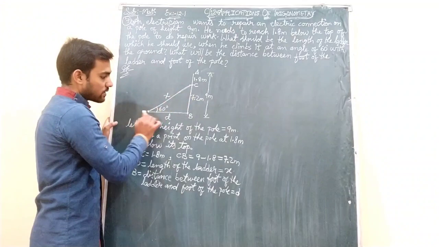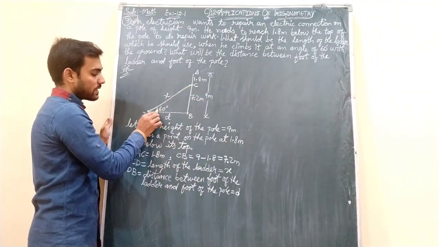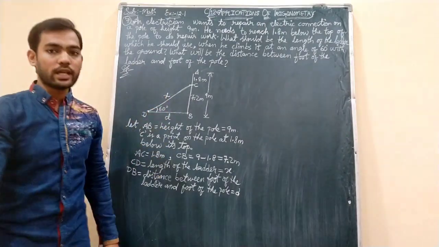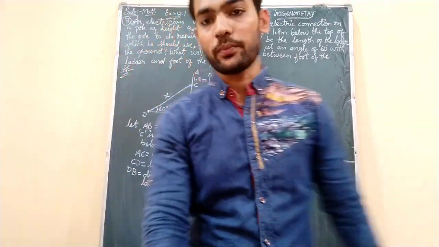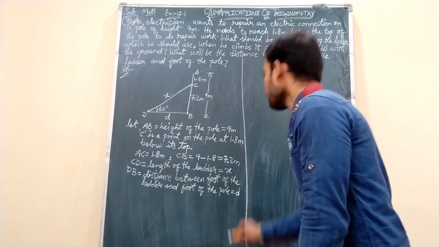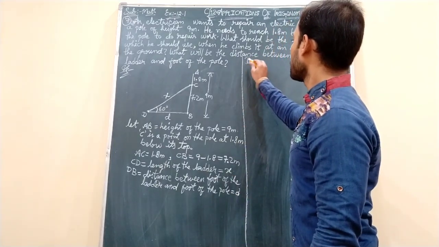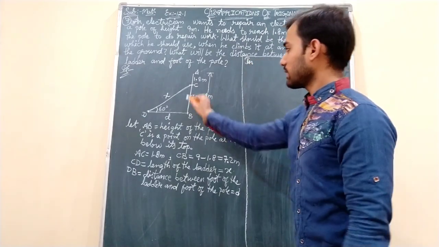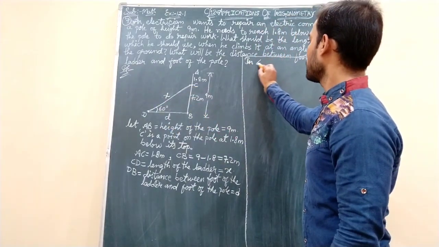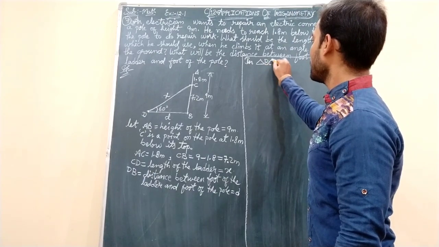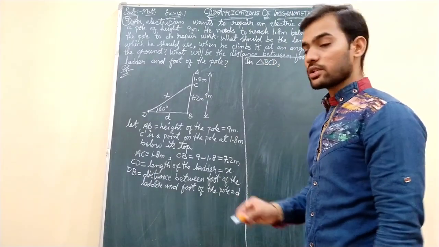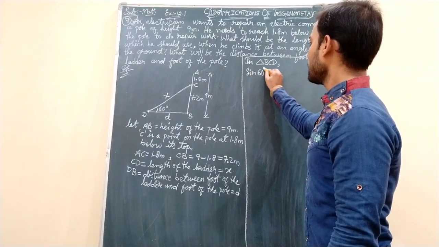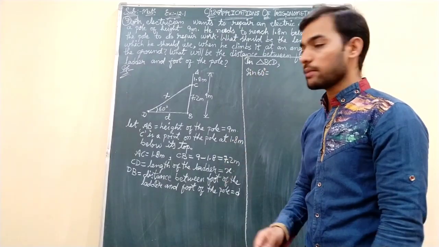So with this triangle, when you see with respect to this angle, this is opposite side and this is hypotenuse. So opposite and hypotenuse are involved in sine ratio. Okay. So in triangle BCD, first I am taking which ratio, student? Sine ratio. Sine 60 degree equals opposite by hypotenuse.